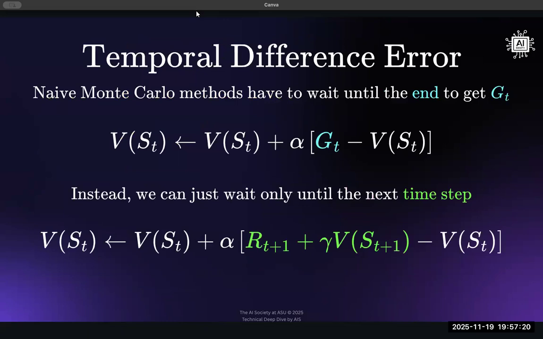But just then going off of Monte Carlo methods, one thing that we can improve is that we have to wait until the end of the episode to get our return. But perhaps we're impatient. We want to get our estimate as soon as possible. In Monte Carlo methods, we have to wait until the end to get our estimate. But perhaps we can only wait until the next time step to get our estimate, which is the green part right there. So instead of having to wait for the full return over all the rewards that we sum, we can just get the next reward, which is that big R.